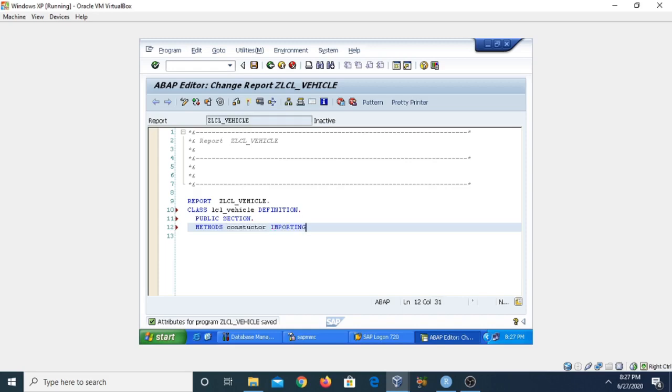This is our second characteristic of the constructor: the constructor can take only the importing interface, importing parameters. This is an importing parameter IV_make, and the type is string.